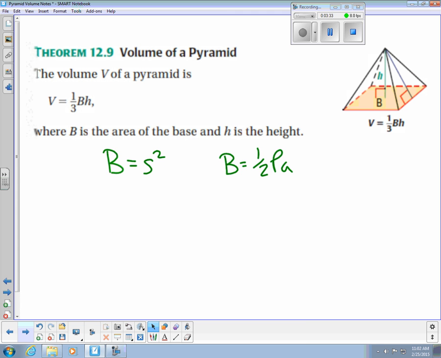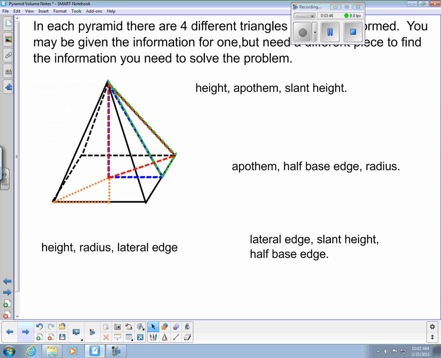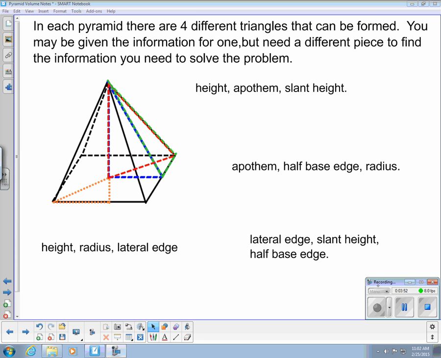For the most part, all the pyramids we're going to do will have some sort of regular polygonal base. We're not going to do ones with irregular bases like a trapezoidal pyramid, unless I do some sort of extension. All right, so here we have a picture, and this picture says that if we have this pyramid,